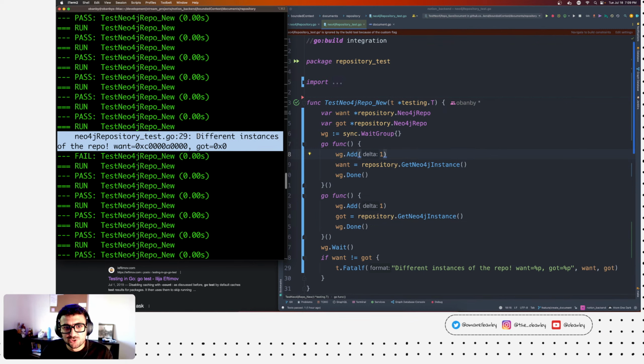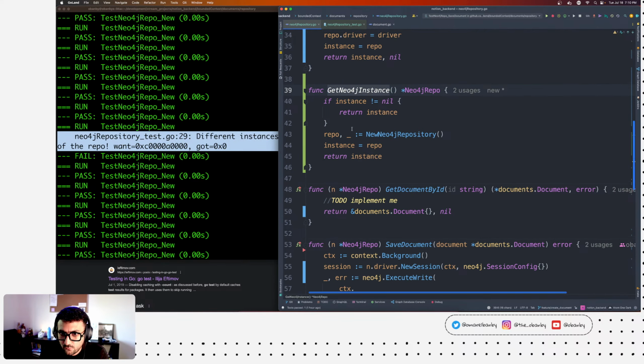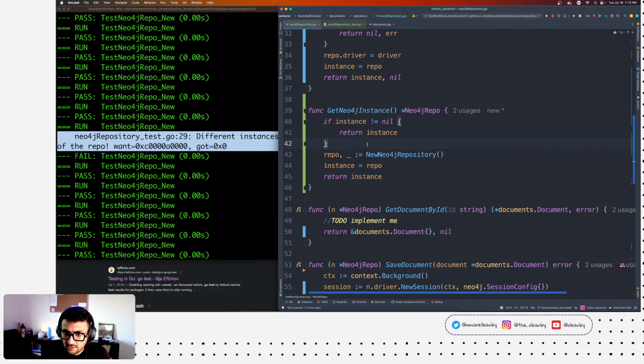Okay. So let's explain what's happening, and I'll explain why this is a success. Right now, where we're saying if instance isn't nil, return the instance, right? And if it is nil, we call the neo4j new repo, which will also check for the instance.